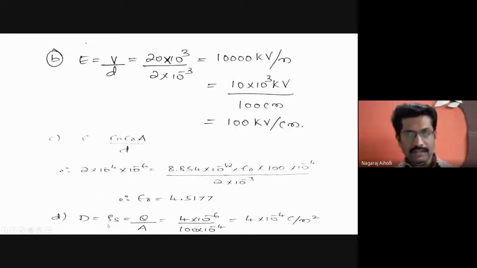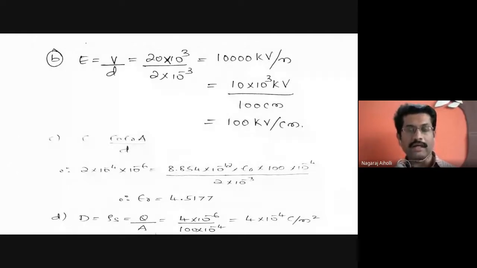So D is equal to rho s, that is Q by A. Surface charge density is same as the electric flux density. What is electric flux density defined as? It is charge by area. Electric flux density. Flux is same as the charge, correct? Electric flux density is the flux per unit area, and the surface charge density is charge per unit area. But flux and charge are same, correct? Flux and charge are same, they are identical,